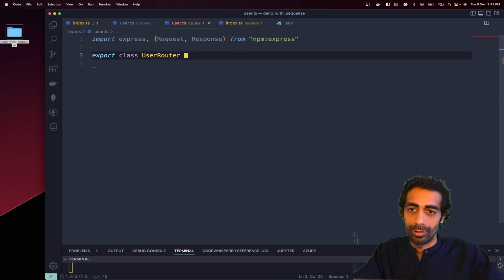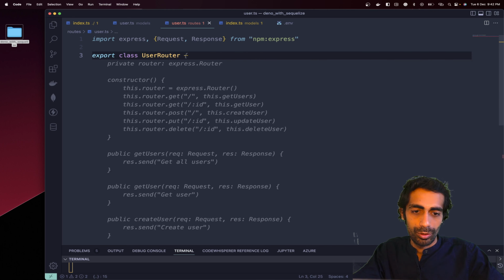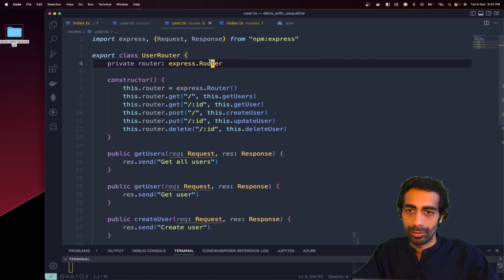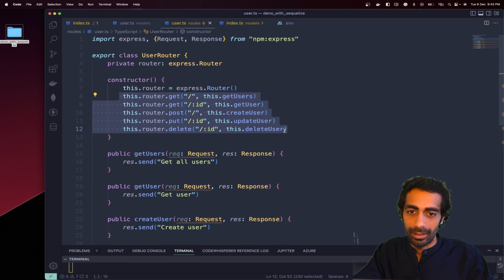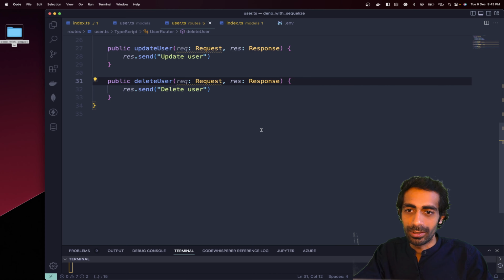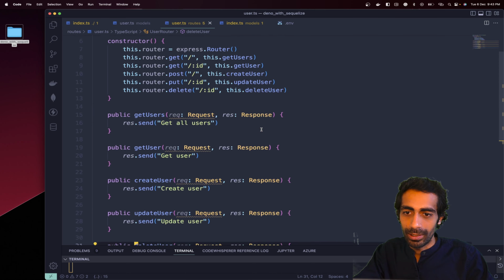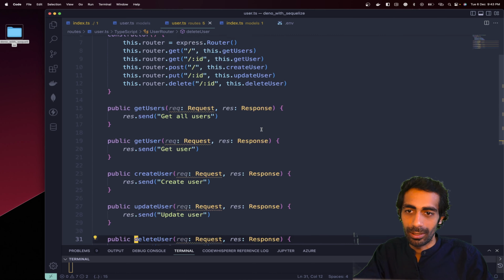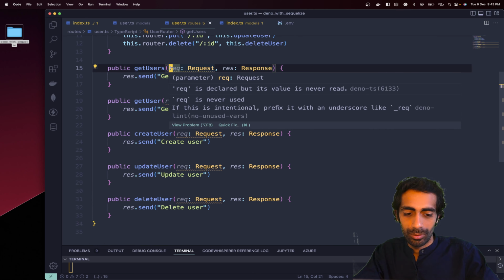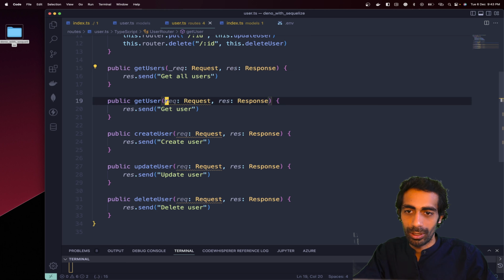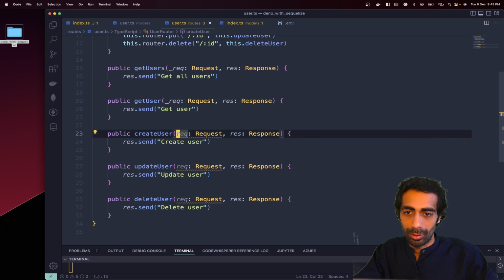Router, so it should use router. So yeah, I'll go with the router. So this dot router, express router, this dot get and delete. I'm not sure where this delete is coming from, so yeah, it got created over here, the methods we got here. So now I prefer to use underscore all the time, it's good practice,